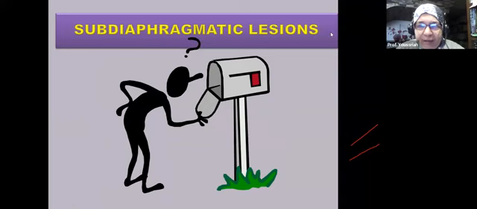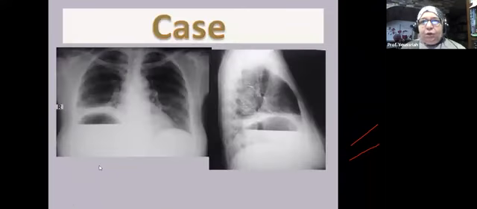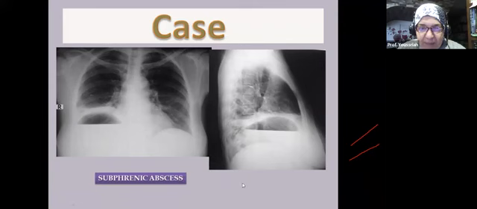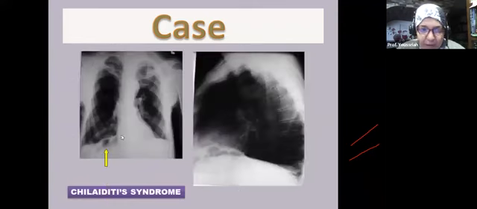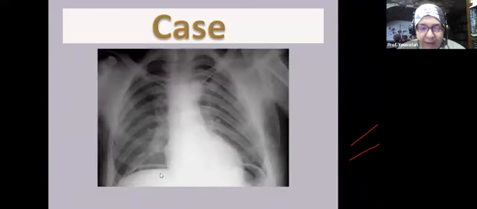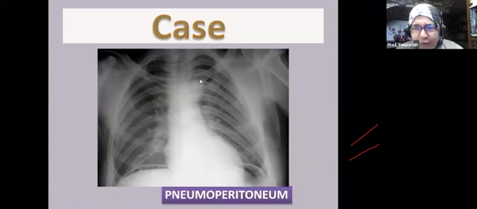Then subdiaphragmatic lesions. As we said, in the normal, we see the upper surface of the cupula because there is air above. We don't see the lower surface because there is no air below. When there is air below the cupula, we start to see it. This air can take the shape of an air fluid level, as in this case. So this is a subphrenic abscess on the right side. It can take the shape of haustra of the colon in case of Chilaiditi syndrome, and it can be curvilinear, as in this case,